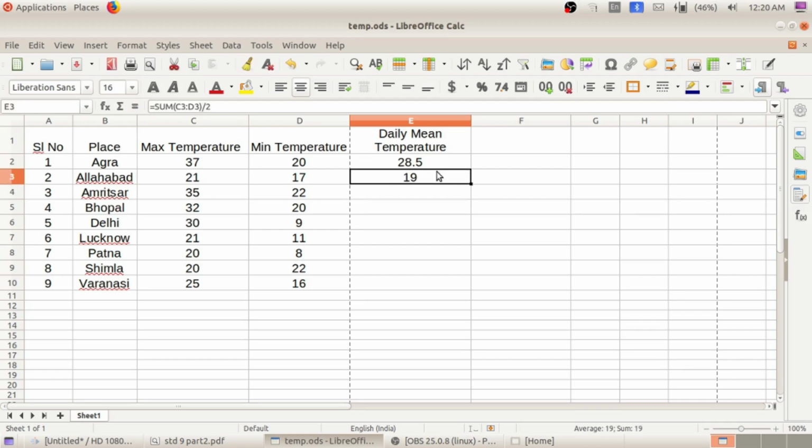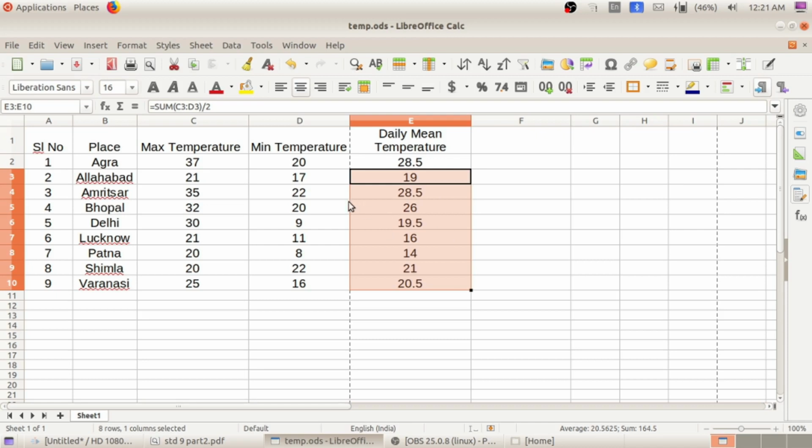And in Calc software, after finding the first sum, move the mouse cursor to this point and you can see a plus icon, called the fill handle. Simply click and drag when this plus sign appears. You can see a purple color selection. Click and drag, and we will get the other average values.